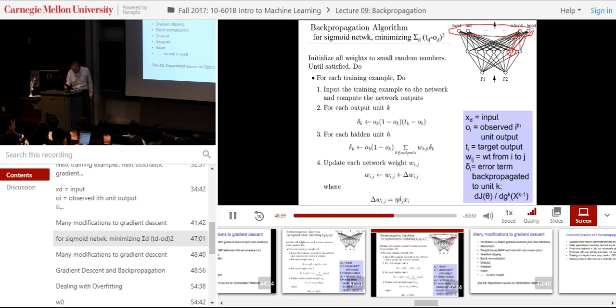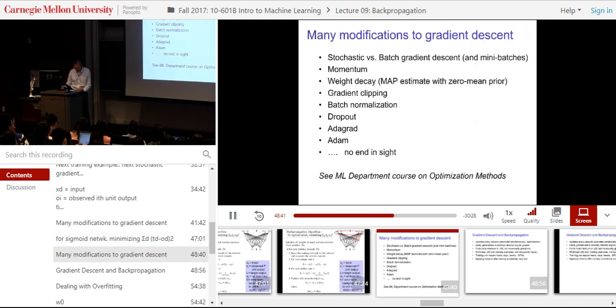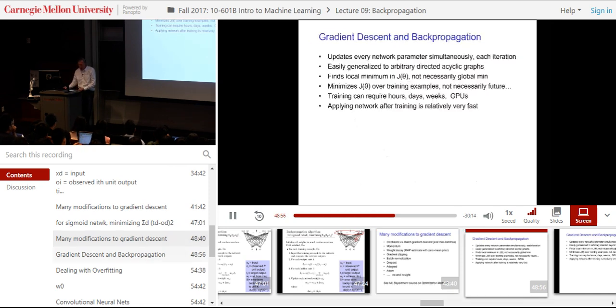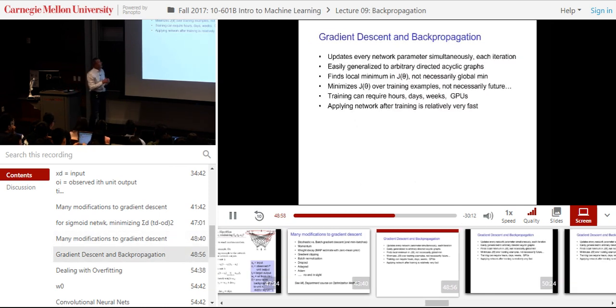Okay, so there are a bunch of things, and unfortunately we're not spending enough. This is a course, and we're not going to have enough time to spend on all these. So in fact, if you're interested, there's a nice course on optimization methods I recommend. Okay, so to summarize gradient descent then,